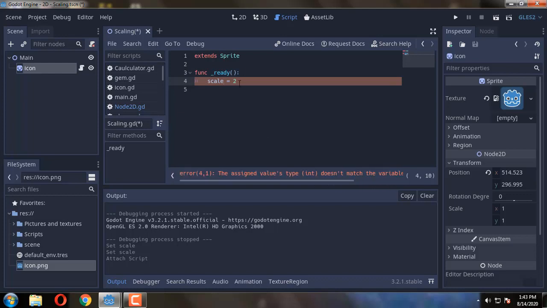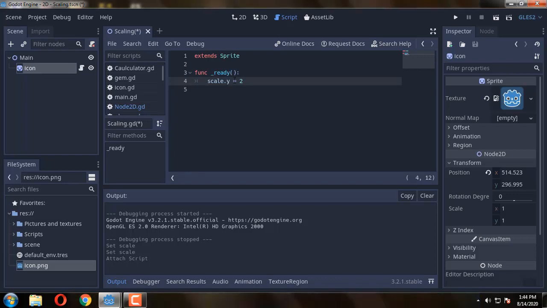Okay, I'm actually explaining in another way, but if you put something like dot x, the computer will understand that you want this transform property's scale x to be 2. If you put y here, the computer will realize that the person wants to set the number to the y